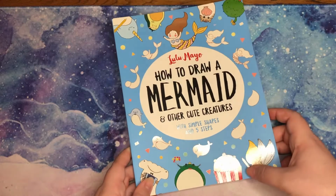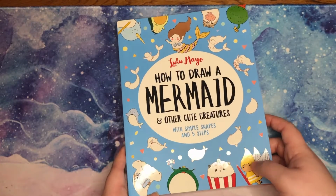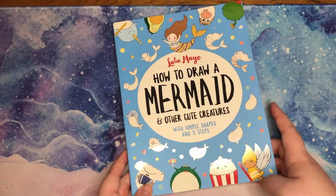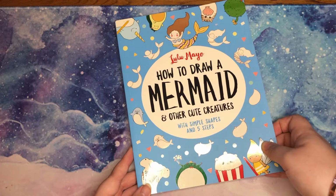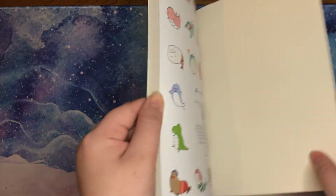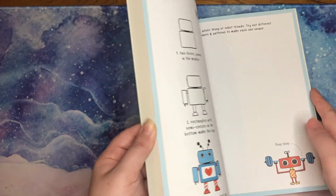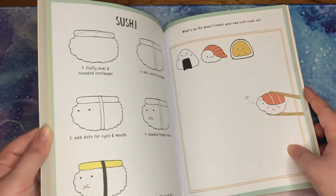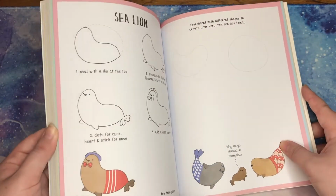I have another book by Lulu Mayo, and I think that one's called How to Draw a Unicorn, and inside it obviously isn't just how to draw a mermaid and unicorn. There are a lot of cool techniques and really cute things to draw, and I really do want to brush up on my drawing because I am terrible. So I thought if I start off lightly with little things like this, hopefully I can start building up a little bit of skill to be able to draw,